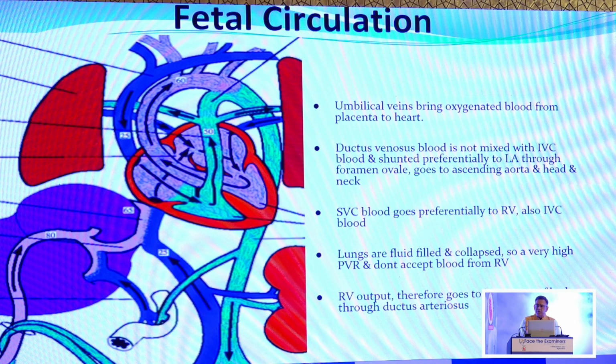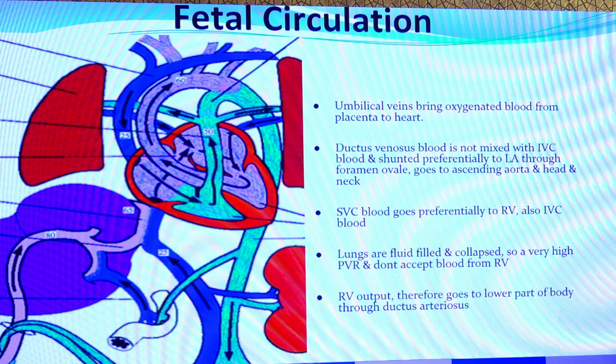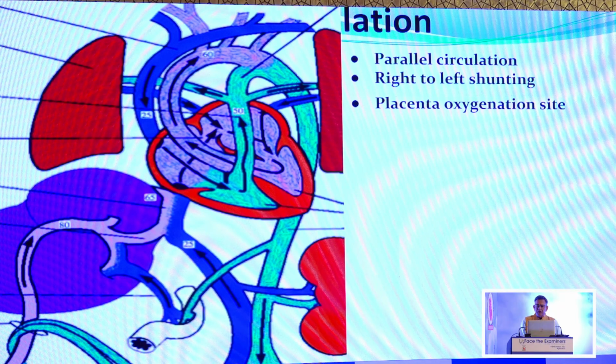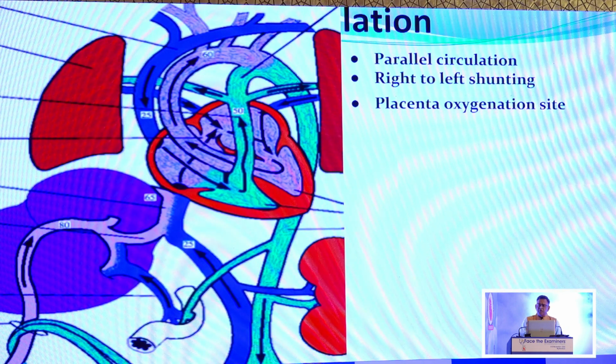So RV output therefore goes to the lower part of the body, and the upper part, that is the brain, is circulated by the left atrium, higher saturated blood, coming from the left ventricle. So few things are clear, that it is a parallel circulation. Not truly parallel, but if you see here, the head and neck is being circulated the other way, and the right ventricle is pumping into the umbilical artery, which goes for the gas exchange,